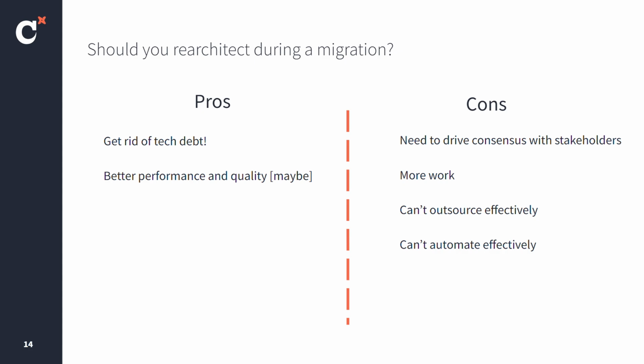The cons, though, so the biggest thing that got me was the need to drive the consensus with the business. Because the moment you start re-architecting things, you're likely changing naming here and there, model here and there, and you're doing this to improve your data quality, to improve your data. But better means different, and different means that you have to convince the business that now they have to deal with a new way of doing things, which is very hard, and it gets very hard at the larger company